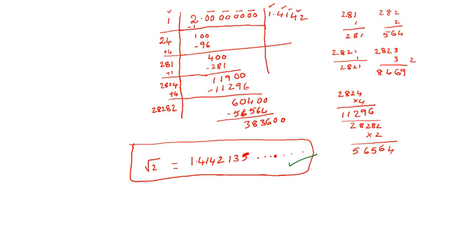One is terminating decimal, second one is non-terminating recurring decimal. Then what do you say here about this number in the box? You may observe 1.4142135. It looks like a natural number? No. It looks like a whole number? No. It's not an integer. It is not a rational number. It is not a terminating decimal. It is not a non-terminating recurring decimal. Then what do you say? These are the numbers we left on the number line.